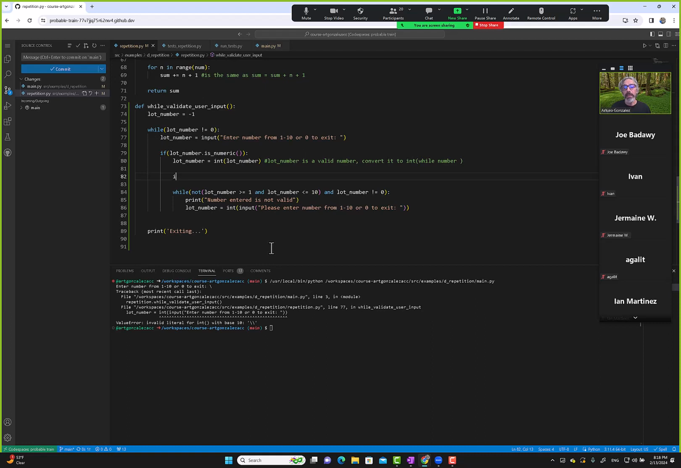We say if lot number not equal 0, meaning they don't want to exit, then we don't need this piece anymore. And then we validate, right? So we're like, okay, maybe we can validate now. Okay, so we validate, and